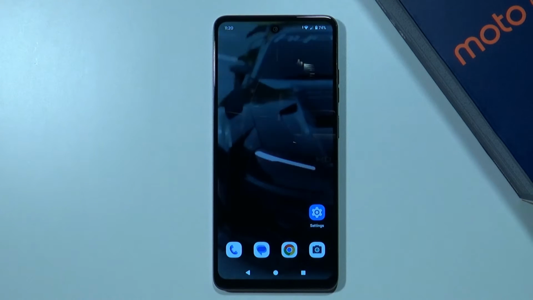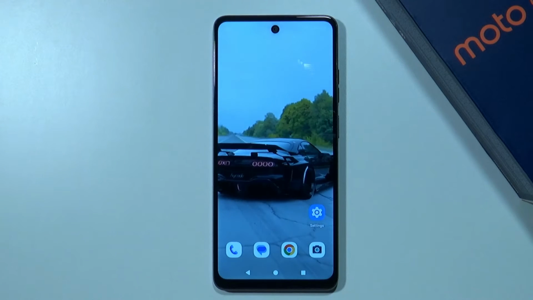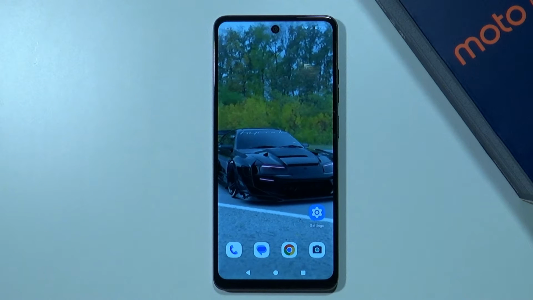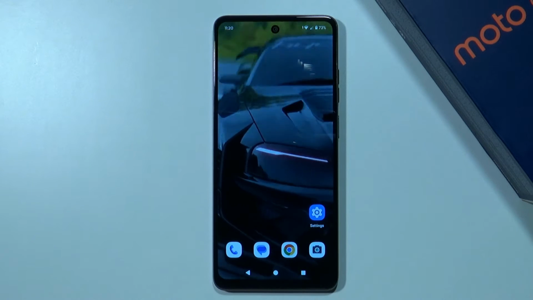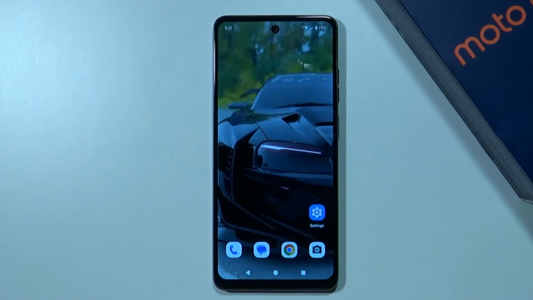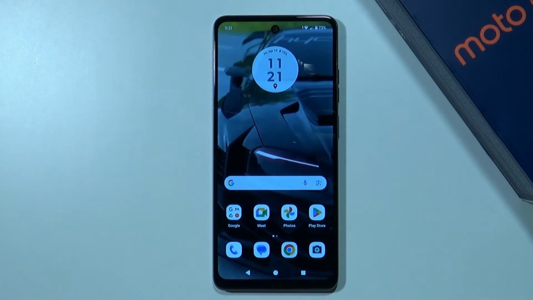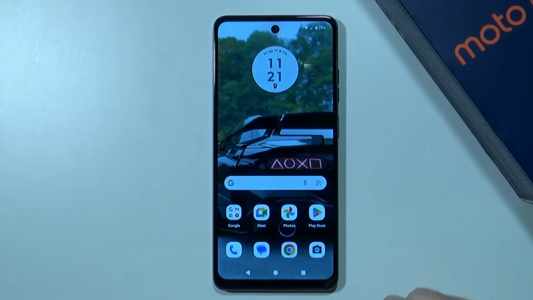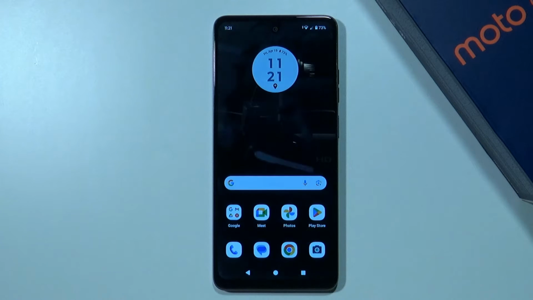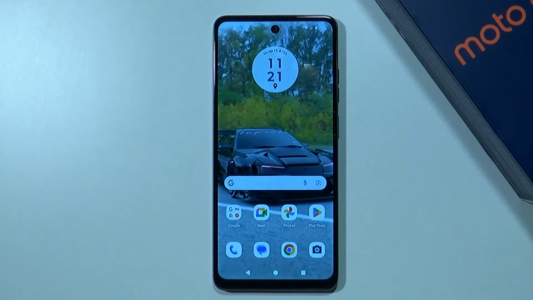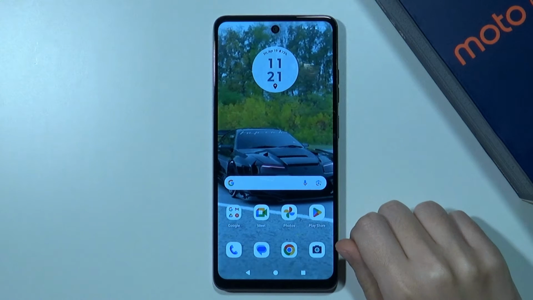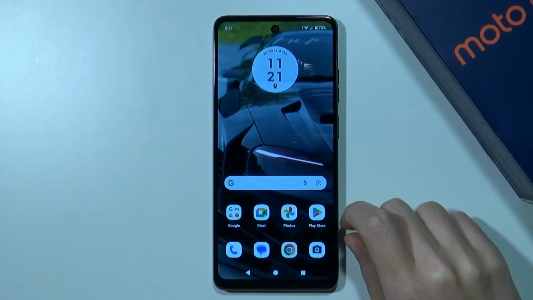Hello, in this video I'm gonna show you how you can hide apps on Motorola Moto G04 or G04s. Now, by default, there is no way to actually hide apps. Instead, we can use a third-party app. Now, the one that I'm about to show you is not really that great. It might be annoying due to the ads that pop up whenever you try to open the hidden or locked app. But if you're looking for a way to hide or lock the app anyway, then let me show you